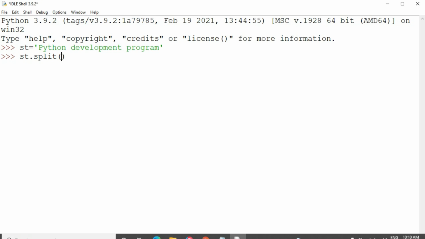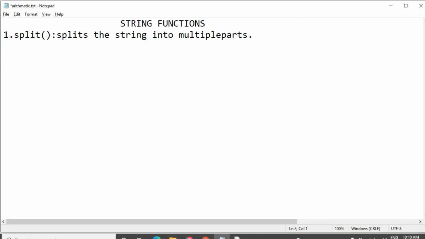The character or element which is used to split the string is called a delimiter. If we don't give anything, by default the space is the delimiter. So I don't pass anything, so by default it takes a space as the delimiter and splits the string into 3 parts: Python, development, program. Space is the default delimiter.